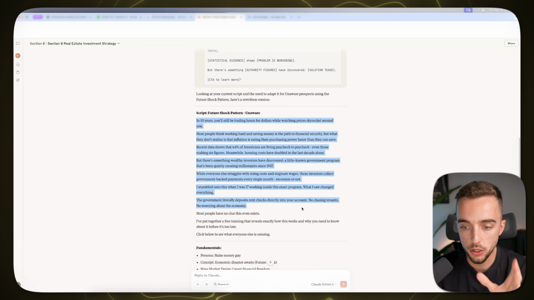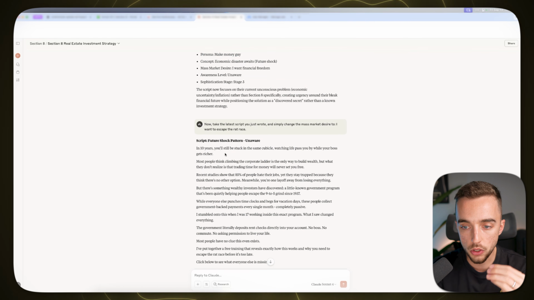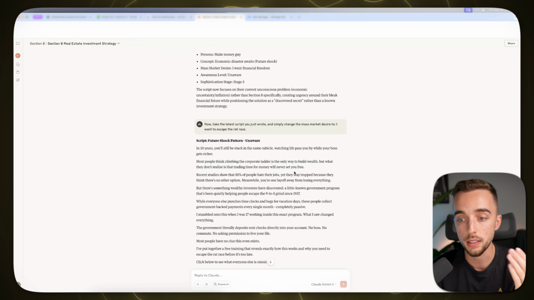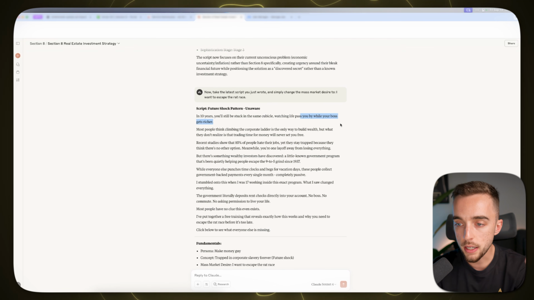So again, consider the script right here. You're going to see the next script coming up is using the same framework, so same format, but when you read it, it's actually going to be different. "In 10 years, you'll still be stuck in the same cubicle, watching life pass you while your boss gets richer. Most people think climbing the corporate ladder is the only way to build wealth, but what they don't realize is that trading time for money will never set you free." Now, if you read this,